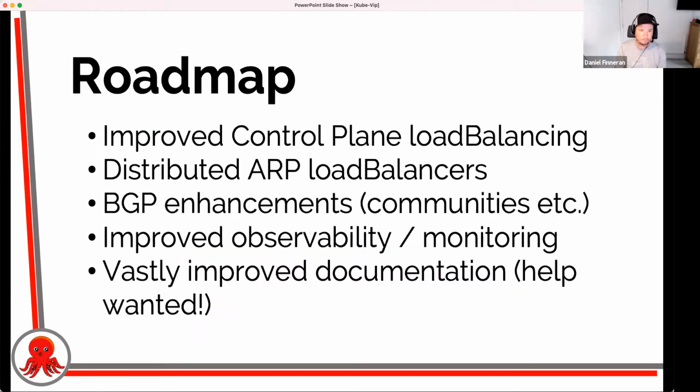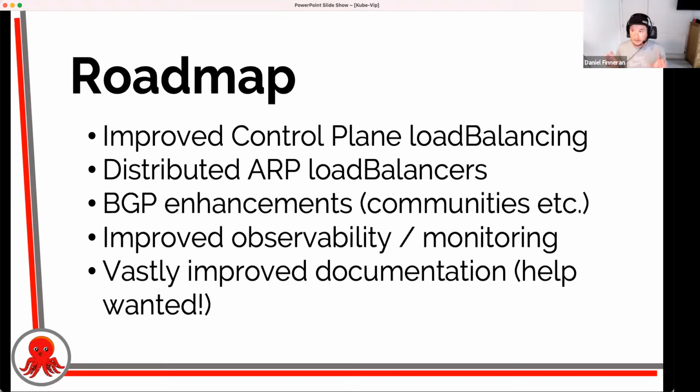Some additional things that are actually coming: additional control plane load balancing, looking at IPVS to load balance inside the control plane between all of the nodes, regardless of which one is the voted leader. Distributed ARP load balancers. This is nearly complete.